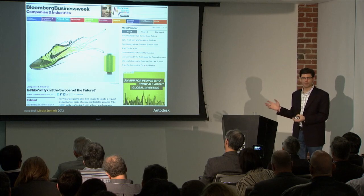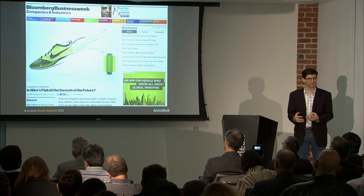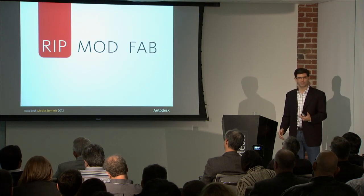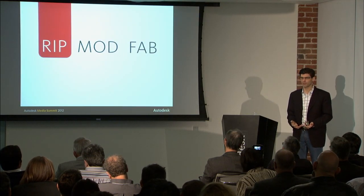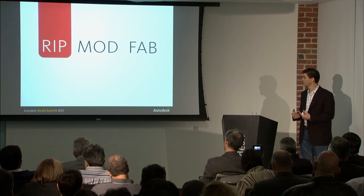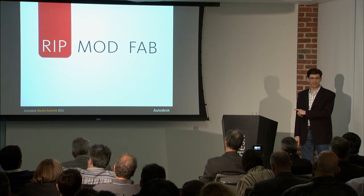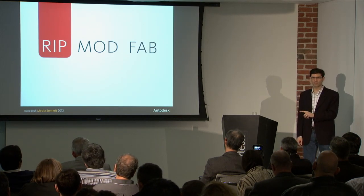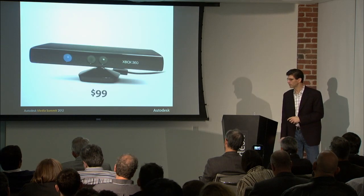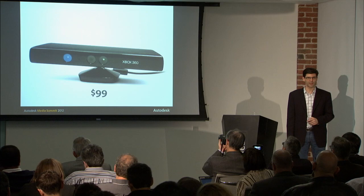It's basically a shoe defined by software rather than by a mold. And when a shoe's shape is defined in software, it means that no two of them need be the same. And if no two of them are the same, the question is, how do I have personal manufacturing? It's going to be a dramatic change to the way we get our products, personalized all the time. And the key to unlocking this personal manufacturing industry is RIP, just as it was with the MP3 file to the music industry. So some of the research that we've been doing is taking other reality capture devices that RIP,